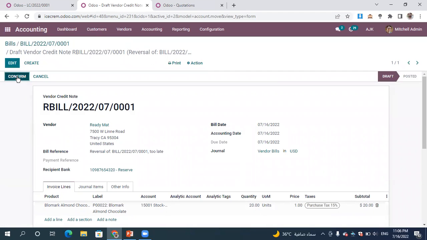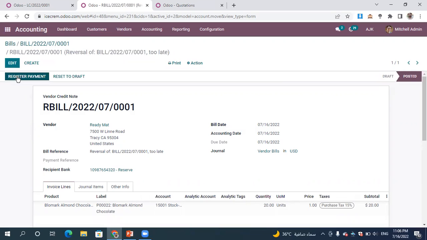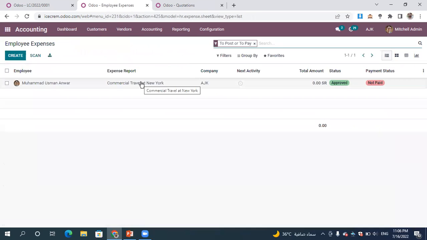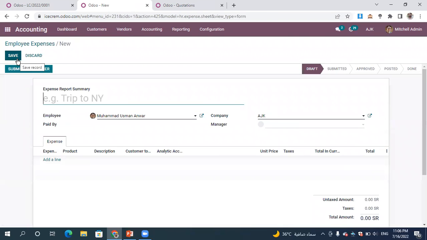So the credit note is created. Now here I have the option to create the employee expenses here in the vendor and employee expenses. This is if you are using the expense app. So here, if we want to record the employee expenses like